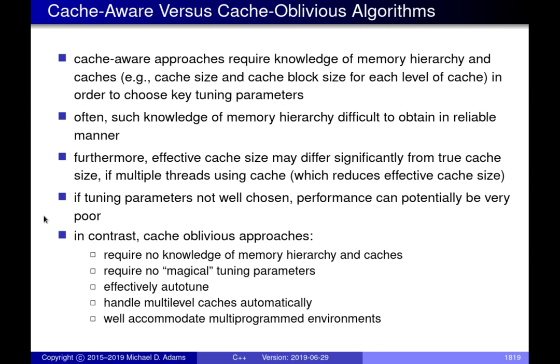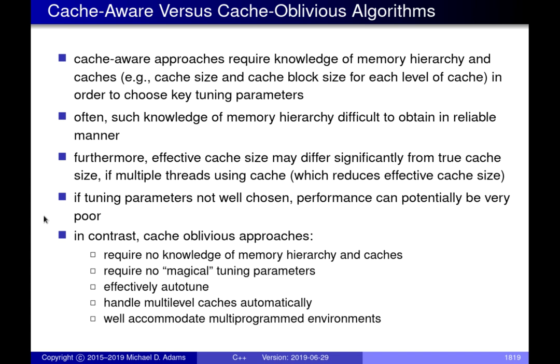And because of this, and because the workload on the system can be difficult to predict, it's difficult to say what effective cache size you're going to observe. So in practice, it can be quite difficult to choose the key tuning parameters of a cache-aware algorithm in a sensible way. And if the tuning parameters are not well chosen, the performance of the cache-aware algorithm could be quite